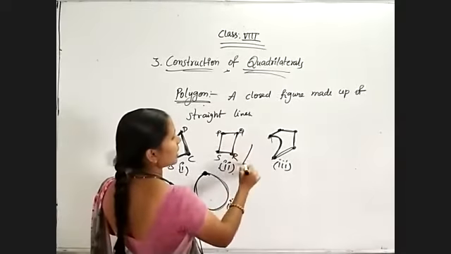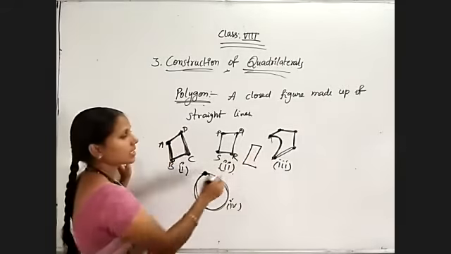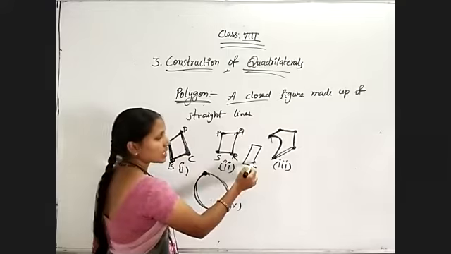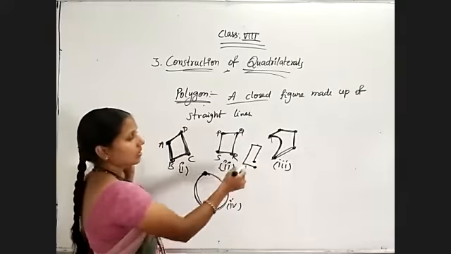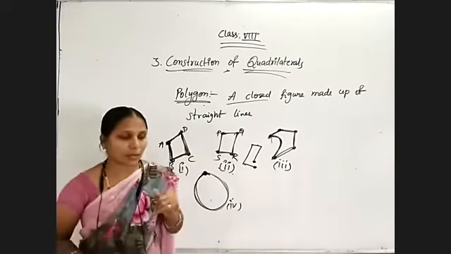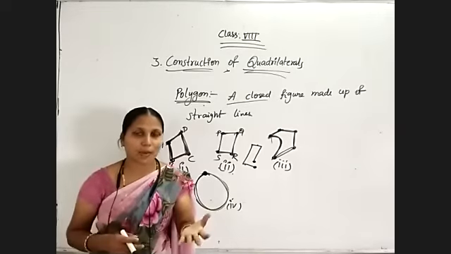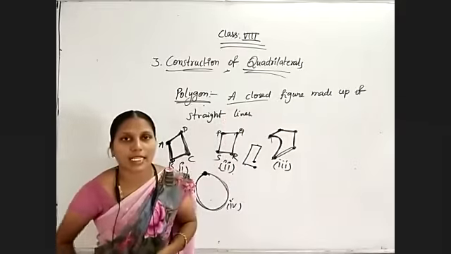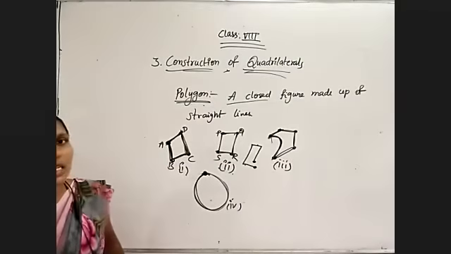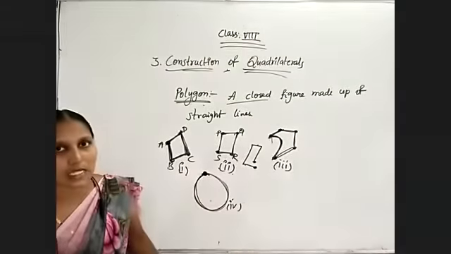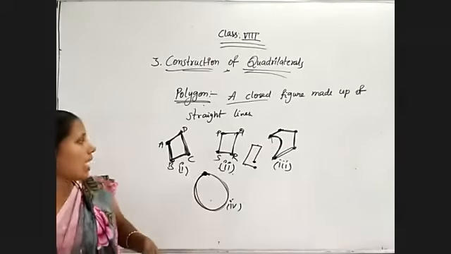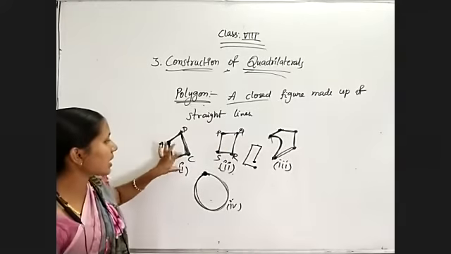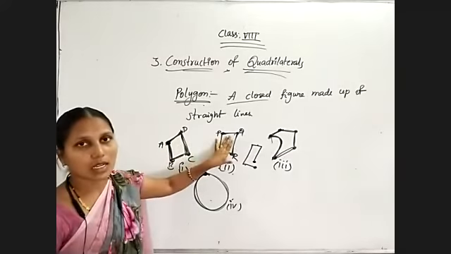If I have any picture like this, now, is this a polygon? No, because the first rule, compulsorily it must be a closed figure, but it is an open figure. So it is not a polygon. So remember, whether the given shape is a polygon or not, we need to decide. First of all check whether it is a closed figure or not, and second condition, we need to check whether it is made up of straight lines or not. So observe the first and second examples. Both are closed figures and made up of straight lines only. That's why the first and second shapes are polygons.